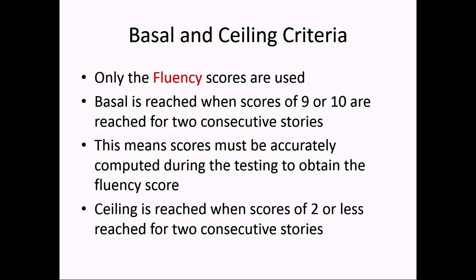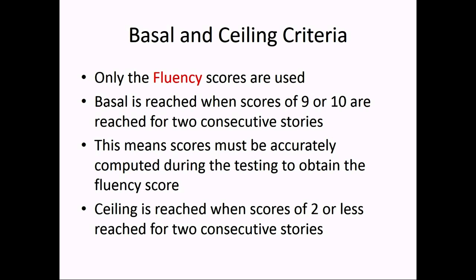A basal is reached when scores of 9 or 10 are reached for 2 consecutive stories. This means the scores must be accurately computed during the testing to obtain the fluency score. The ceiling is reached when scores of 2 or less are reached for 2 consecutive stories, and that tells you